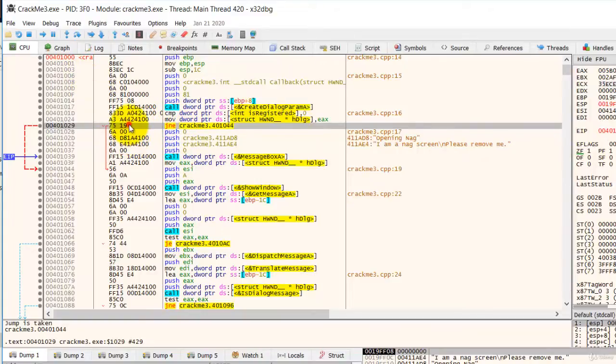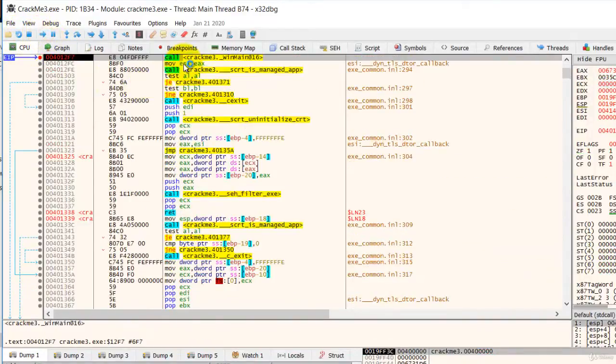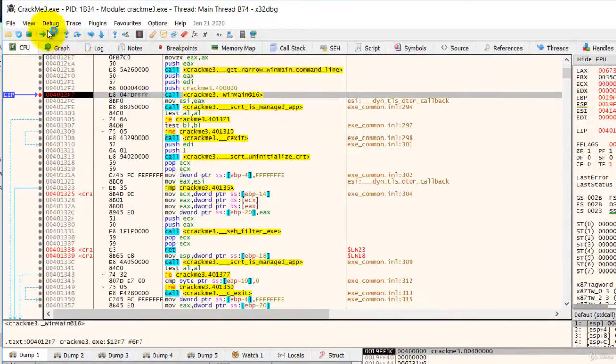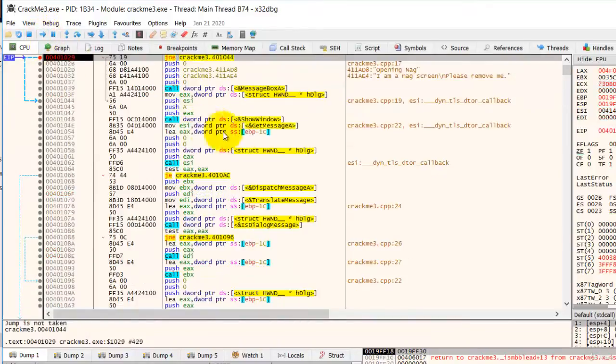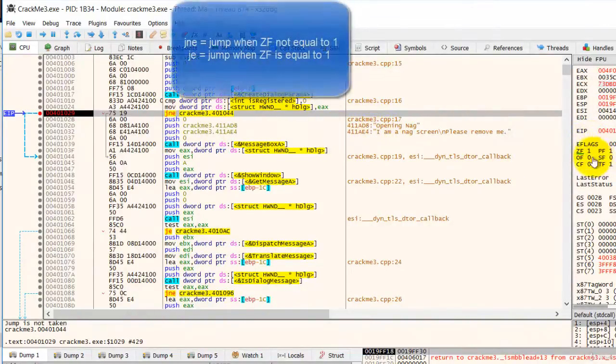Okay, so now we put a breakpoint here and restart. Run to the first breakpoint. Now click F9 again or click on this run button, run to the second breakpoint. So at our second breakpoint here, if we don't want the opening NAC to be shown, we can toggle the zero